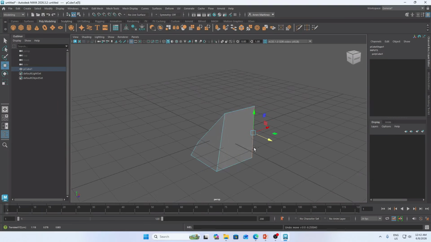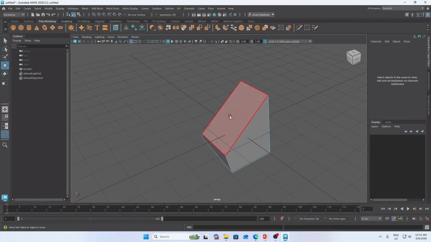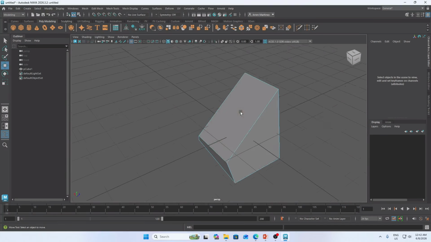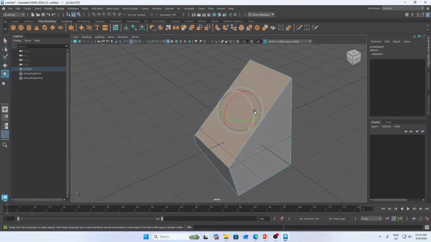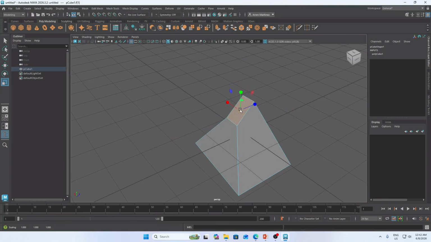So, how about the face? As you can see, this wide area highlighted on the screen is what we call the face. You can actually manipulate this. Okay, you can move, you can rotate, and you can scale it down.